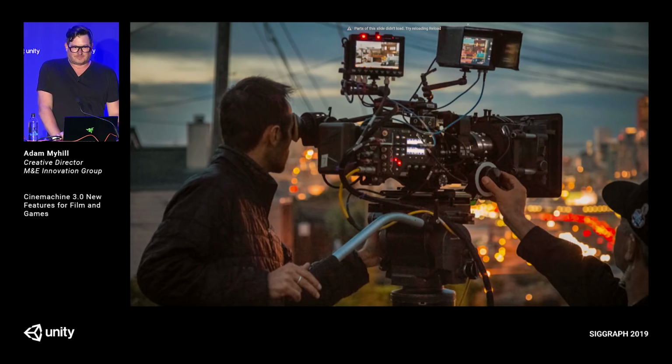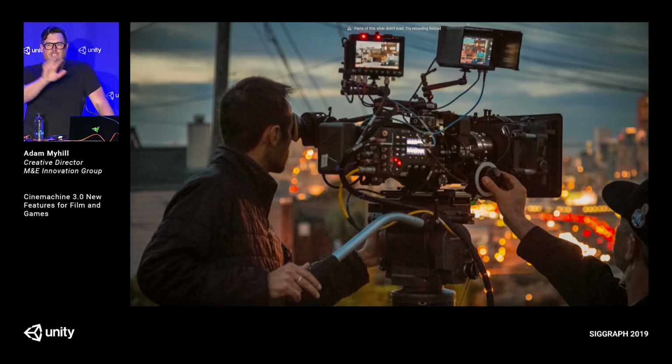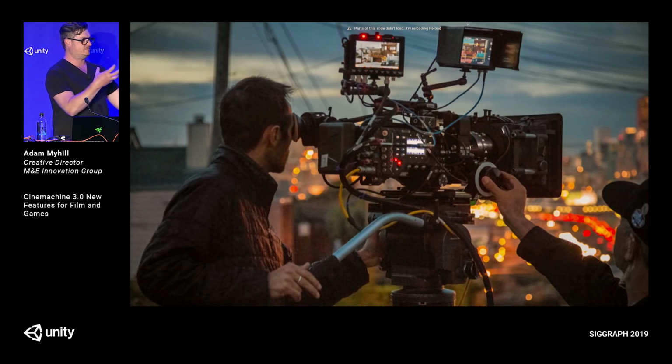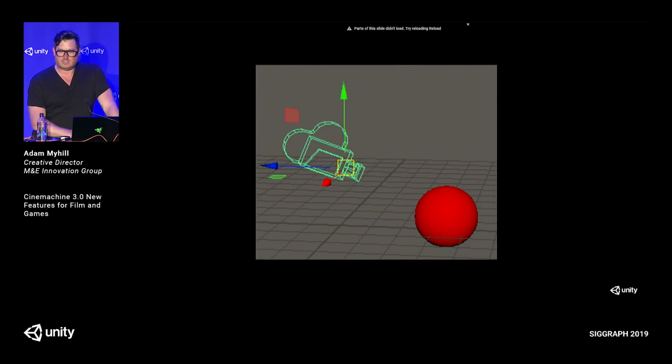So, cameras in the real world, look at all that stuff that's going on. Look at all the relationships between the camera and the subject. You got a guy looking through the lens. You got a guy pulling focus. There's all this stuff happening. There's this rich ecosystem of information between that stuff and what's being filmed. And in CG, it's this. They don't know anything about each other. And it's been my crusade for a while now to give cameras the understanding of what's happening.